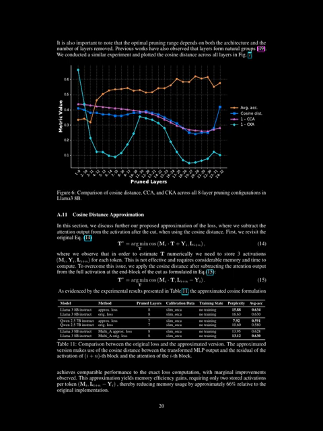To overcome this issue, we apply the cosine distance after subtracting the attention output from the full activation at the end block of the cut, formulated in Eq. 15: T* = argmin_T cos(M·T, L_{i+n} - Y_i). As evidenced by the experimental results presented in Table 11, the approximated cosine formulation